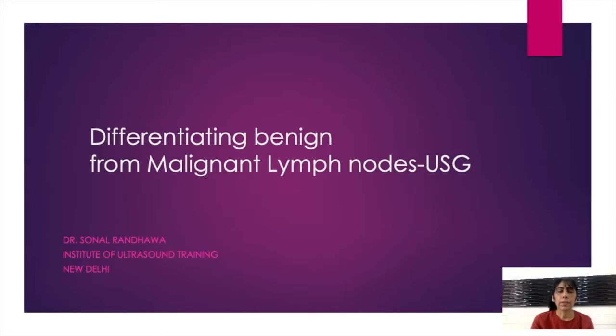Now, talking about the lymph nodes, we will see that in most places the lymph nodes appear similar, and the differentiating features are also similar. So, differentiating between benign and malignant lymph nodes. Now, the first thing is that whenever you are looking for lymph nodes, a linear probe is usually helpful, except that